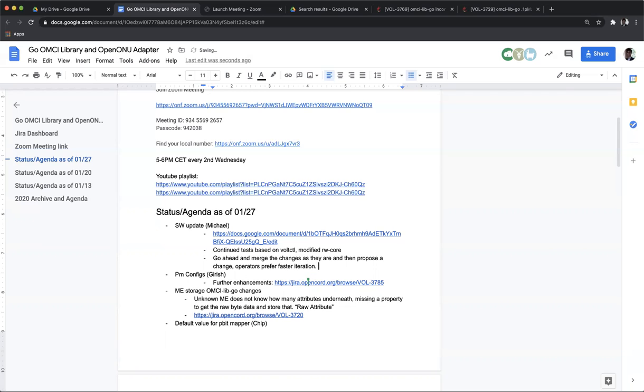Is that true even if we merge the current changes, then make the new changes, including to the device, and make those versions? Let's say we merge these changes and call it 2.7. And then we make the changes, including changes to the device object, and call that 3.0. And at that point, say we no longer support 2.7. Does your request to make those changes as soon as possible still hold?